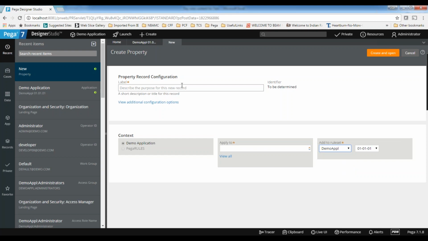While saving the rule, and it may be any rule, not only a property rule, you should save with care and see where you are saving it. Based on the functionality, you should have some vision: this rule is applicable to the organization, or this rule is applicable only to the application. Based on that, you need to select the rule set here, and then save it and it will be stored in that rule set.